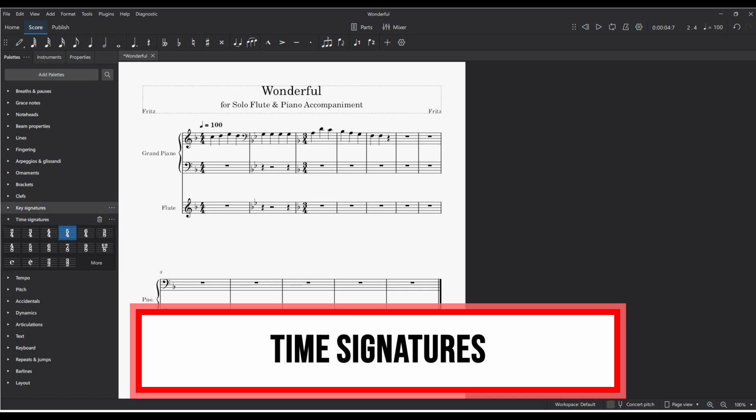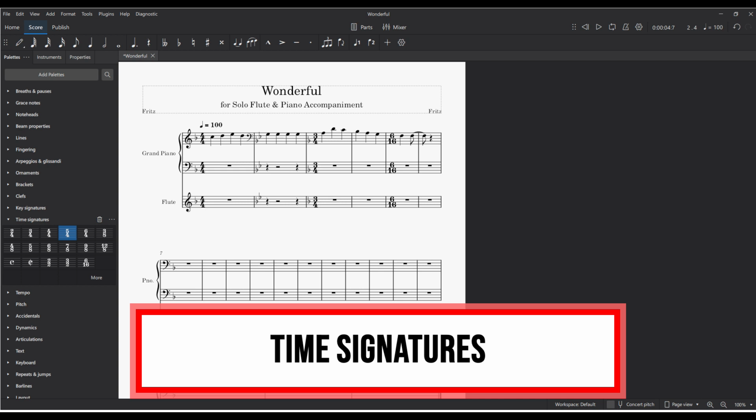It's very easy. Or you can customize the time signature, create, you can add the value like 6/16, add and add here maybe. It's very easy. Okay, next,